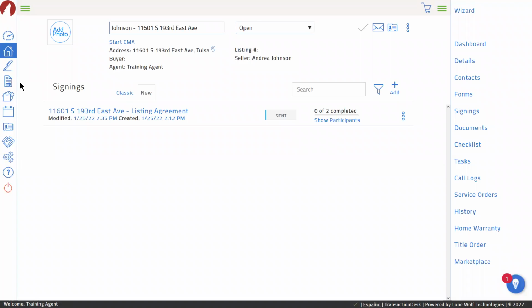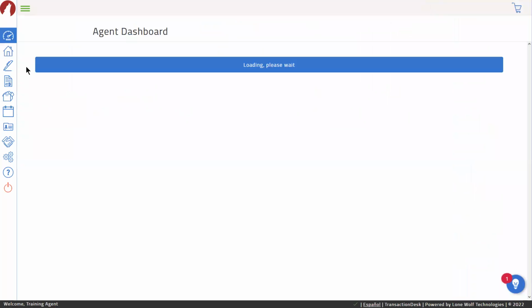And actually something that I mentioned a little bit earlier, I'm going to reiterate here. So once we've actually gotten that information sent out, you notice that I'm still seeing the Johnson information up at the top. I've still got this navigation bar over here on the side. This is where we're oftentimes going to end up getting separated from whatever transaction. So for instance, if I've gone out and done a couple showings and now I'm back at my desk, I'm not going to be in the exact same place necessarily.